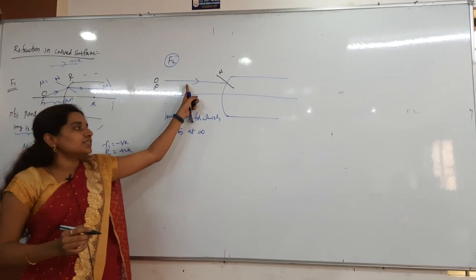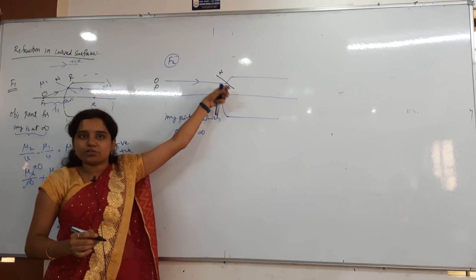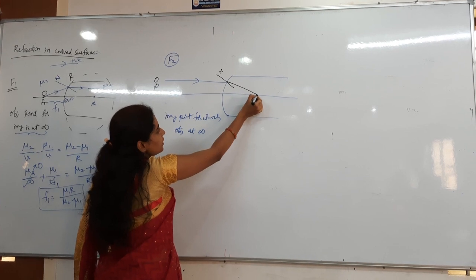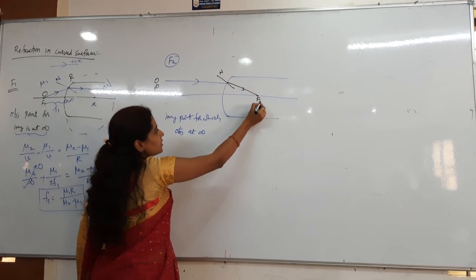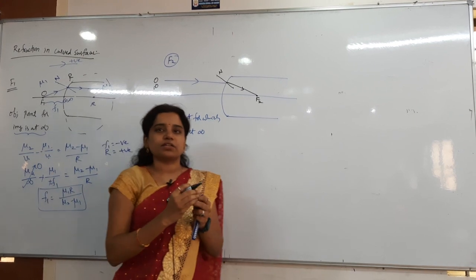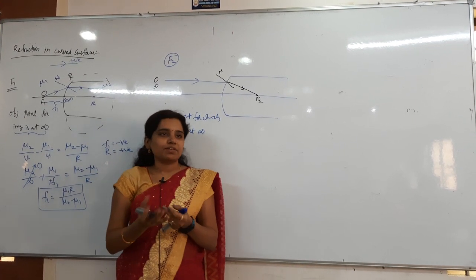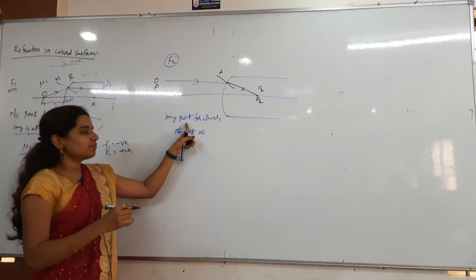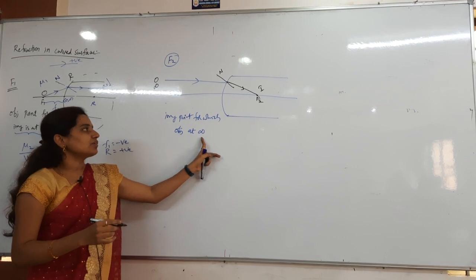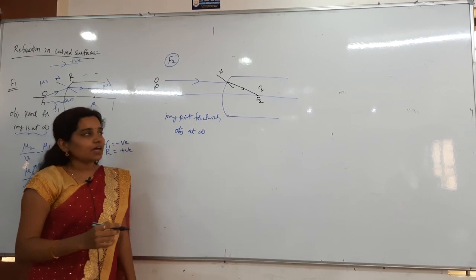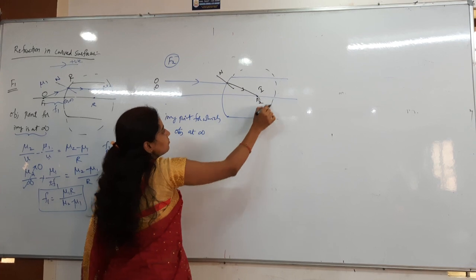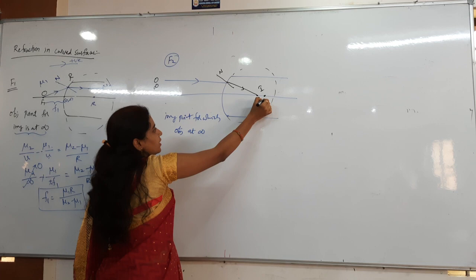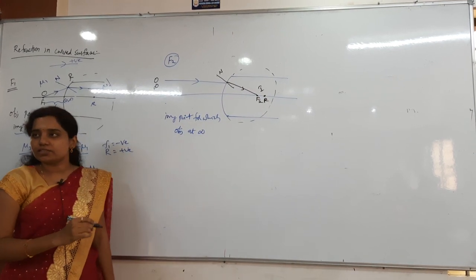So again the rays are entering from which medium to which medium here? Rarer to the denser. They will be bent towards the normal, so it is bending like this, and then here they are converging. Whenever the rays are converging, what will they form? Image they will form. So here the image is formed. So I said F2 is nothing but the image point for which the object is at infinite distance. Now again the radius is there on which side? Right side or left side? Right side. This is the radius, the center is there by the way.